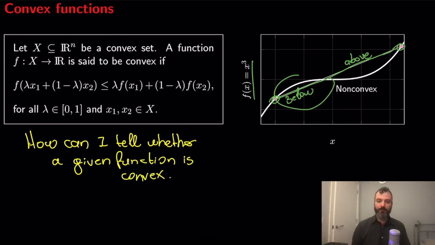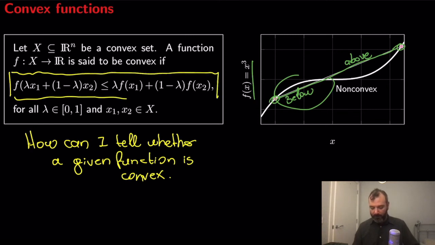And one might say, what do you mean, how can I tell? I will use the definition. I will take this inequality and I will check whether it is true. Well, yes, okay, you can do that theoretically, but in most cases it is not very convenient. In most cases you have to put quite some effort to use the definition to tell whether a function is convex or not. And there are significantly easier ways to do that. To talk about these easier ways, to talk about convexity criteria,